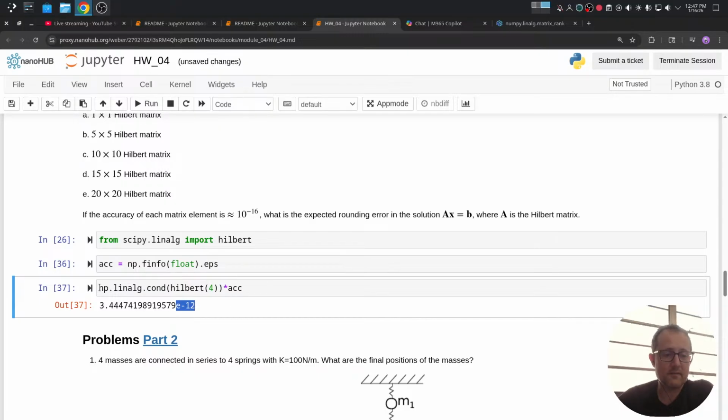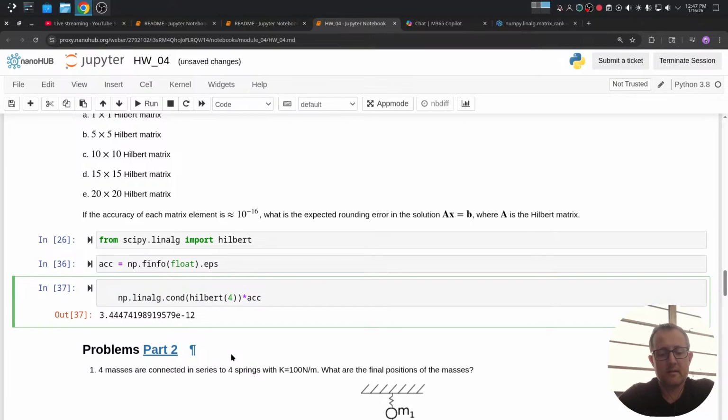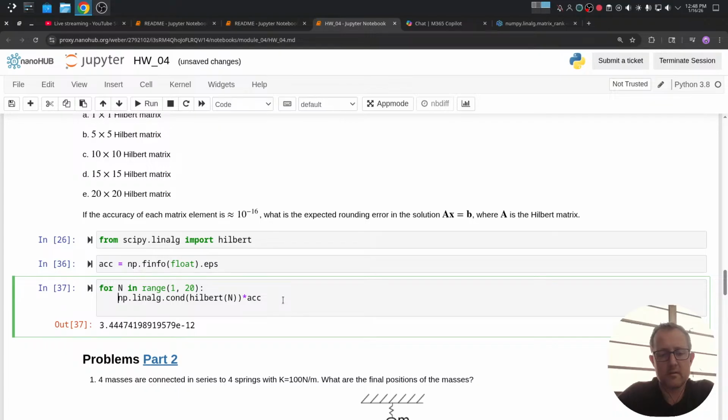And if we define things this way, now we could actually loop for n in range, let's go 1 to 20, n, and we'll say